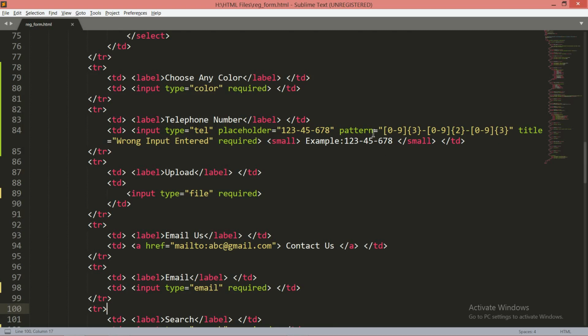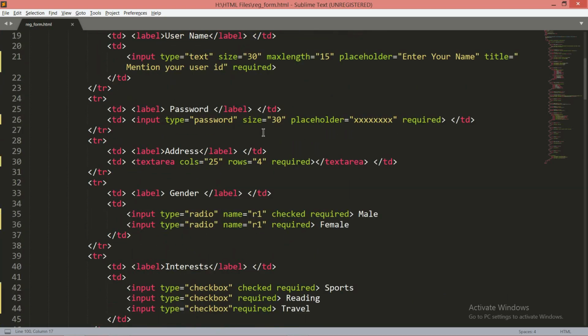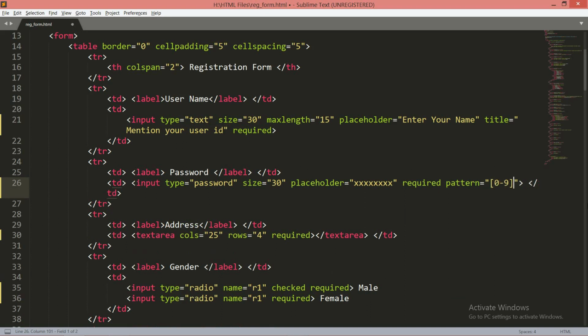Now again I want to give one more example of the pattern. See, in my password field, I want to validate that a user should enter only digits. For that, in this particular field, I mention the property pattern. Within the square brackets I say 0-9, and within the curly braces I say let it be 5.